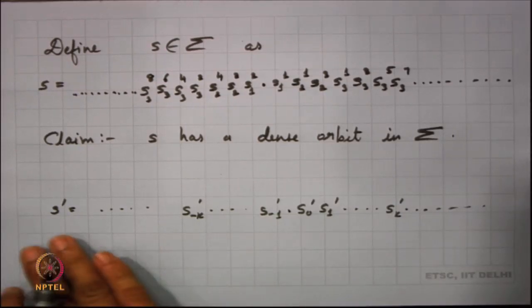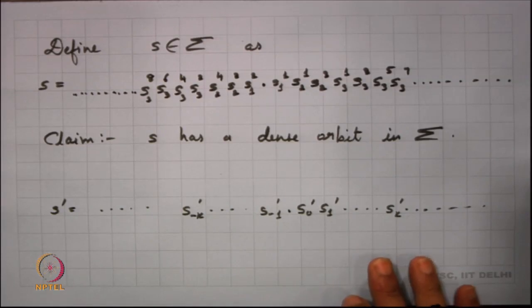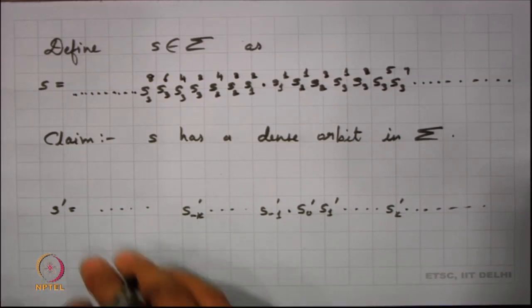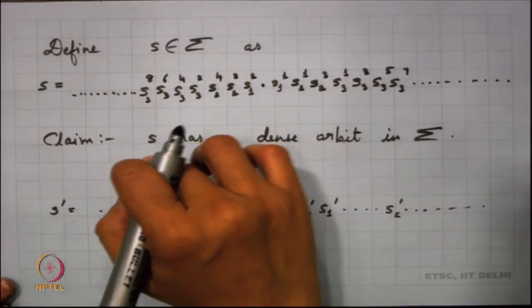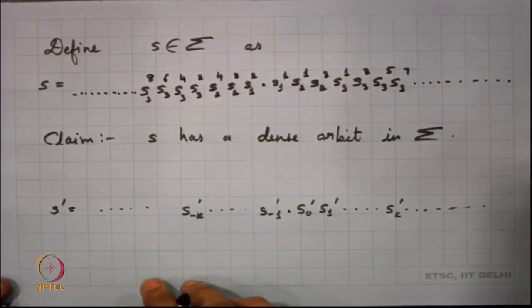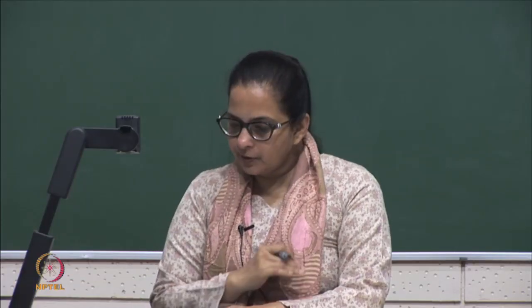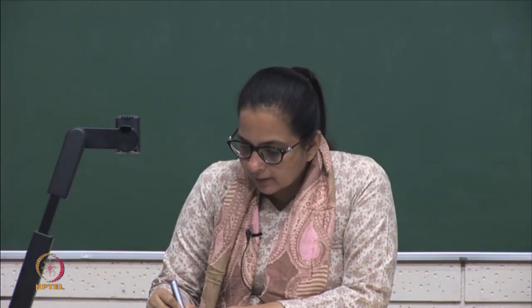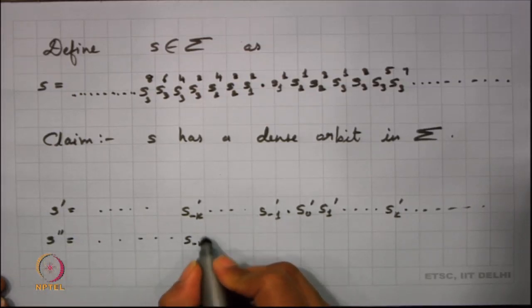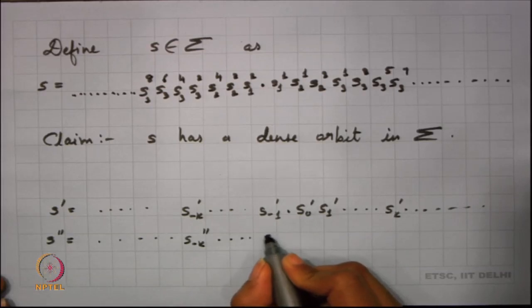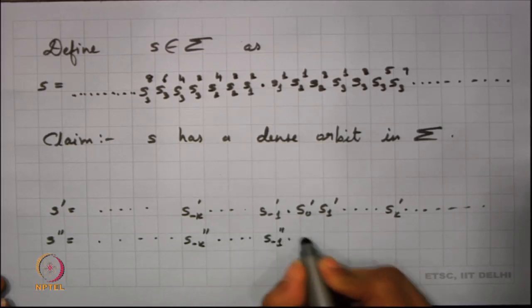For this particular sequence S′, we want to say that there is some point in the orbit of S which is close to it. So, we look at this under the metric. What happens if some other point has to be close to this one? Supposing my S″ is the sequence S″_{-k}, up to S″_{-1},